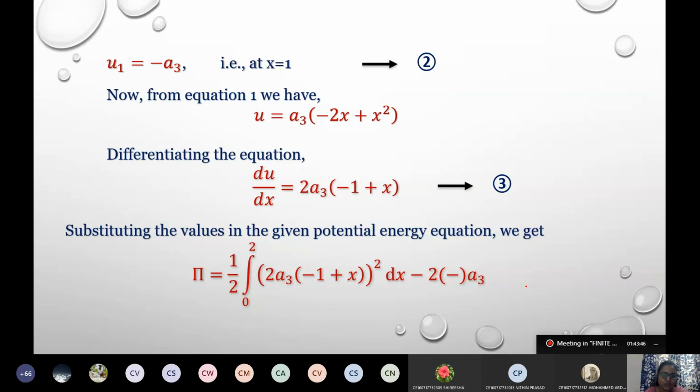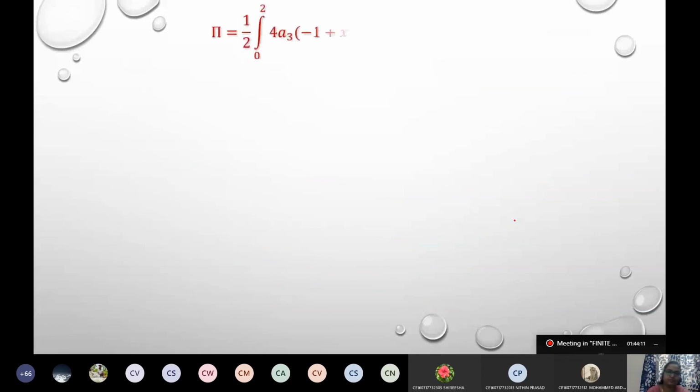Now, differentiation you took so long. Let's see how much time you will take for integration. Integrate the potential energy equation you have. I gave you the limits also. It was 0 to L in the given question. What is the L here? 2. So 0 to 2 is your limits, and this is your equation. Solve the integration. I'm giving you time. This is the equation we have. I just reduced it more, taking out the square term.